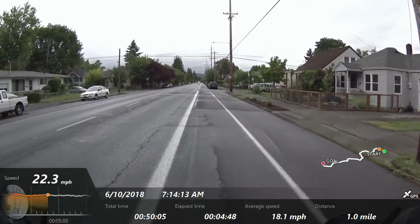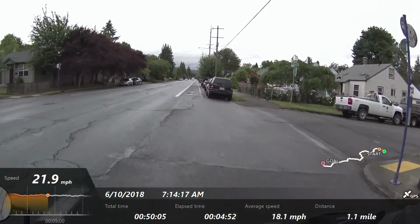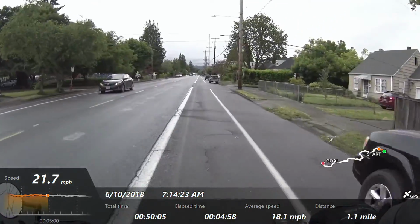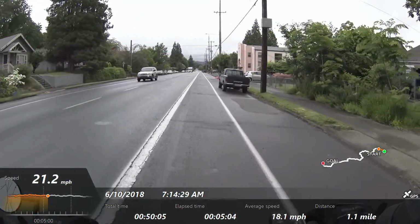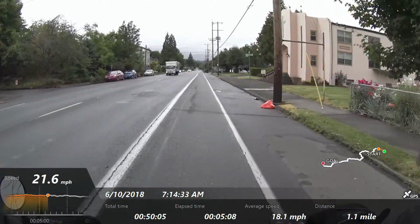Theoretically, it should only take me this amount of time to get there, but because I have to go up and over Old Germantown, that's going to slow me down quite a bit, and I don't really like to go super fast down Springville Road. Anywho,